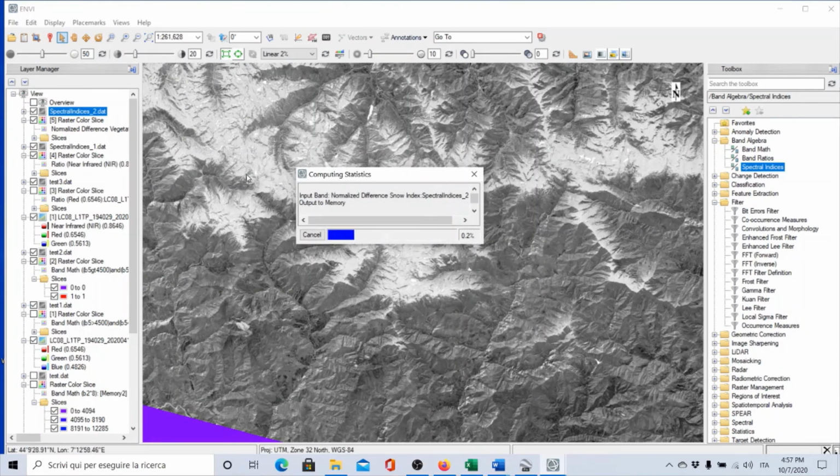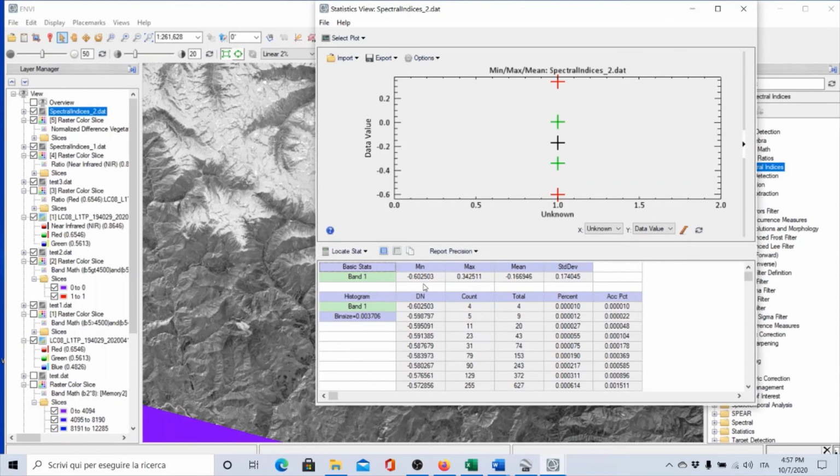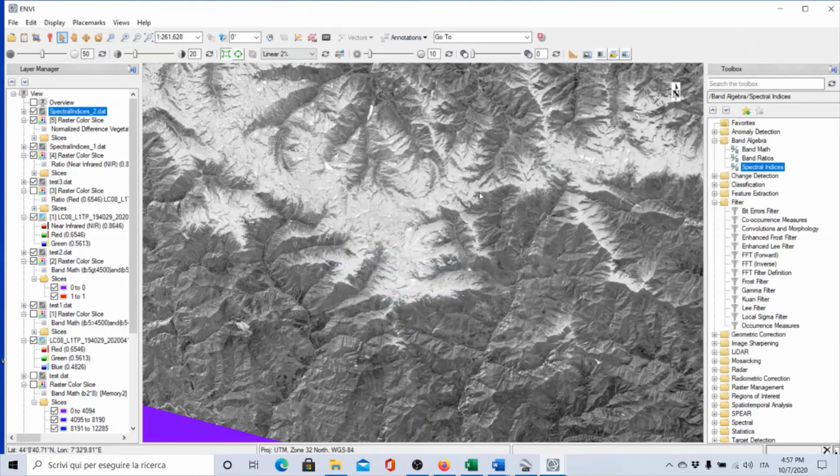So let's have the quick stats. All right, just checking if there are values more than 0.4. So it's extracting all the values from this spectral index. You see that the maximum value is 0.34. There are no values more than 0.4. Why is that? Because I mean, this